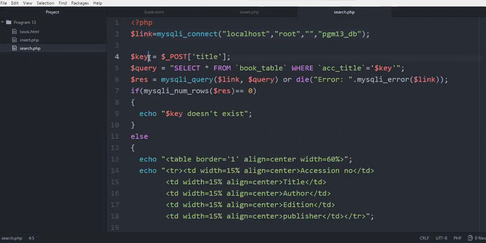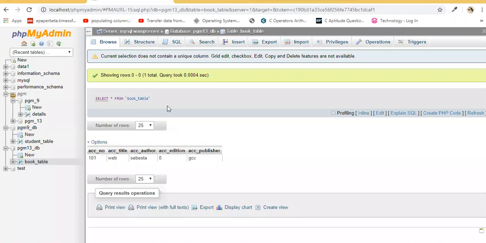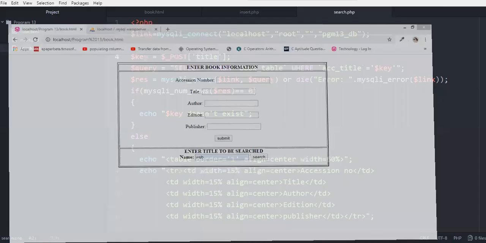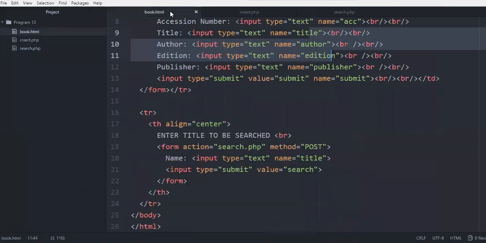I have declared a variable called $key. So in this variable, I'm going to store the value that has been entered by the user to perform the search. So here, whatever value is being entered, the title of the book is coming from this form. So the name of the text box here is title.